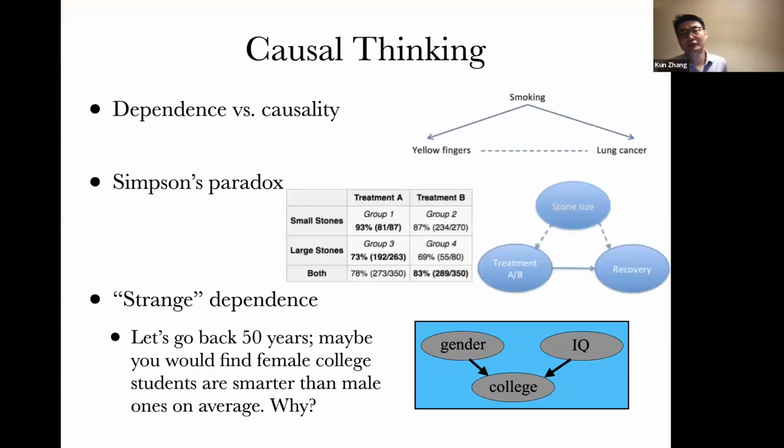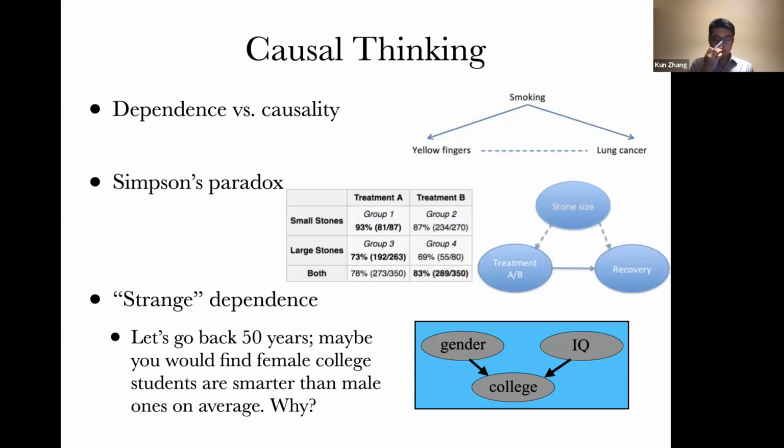Let me just start with some motivating examples. So why do we have to use causality? What can we benefit from causal modeling or causal thinking? So the first example is very well known. Here on the right, we can see a correlation between yellow fingernails and lung disease. But we know that if you want to change the incidence of lung disease, you have to go to the causes instead of the purely associative variables. So if you want to do interventions or achieve a goal by changing the system, clearly you care about the causality.